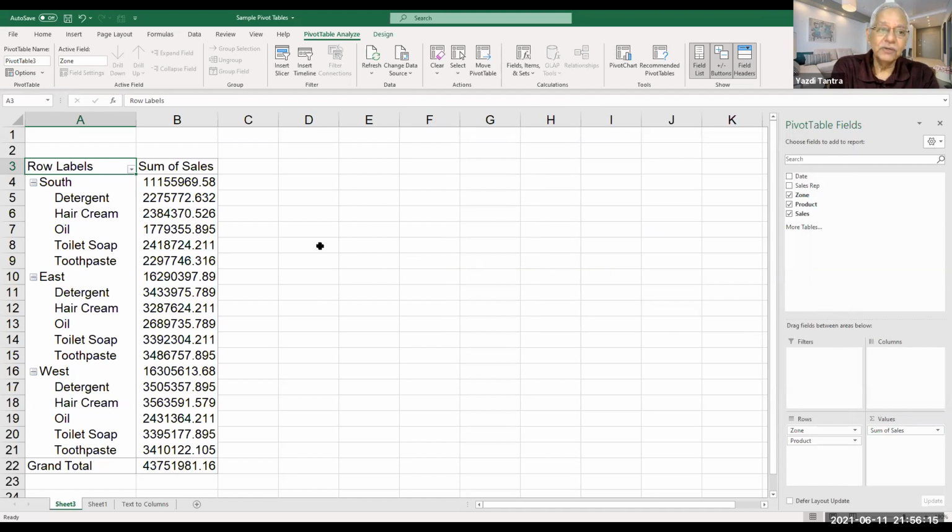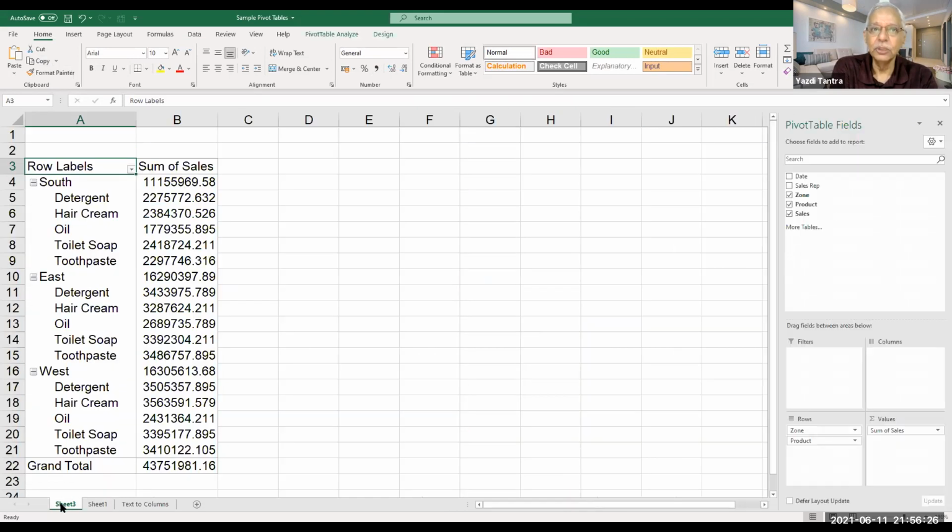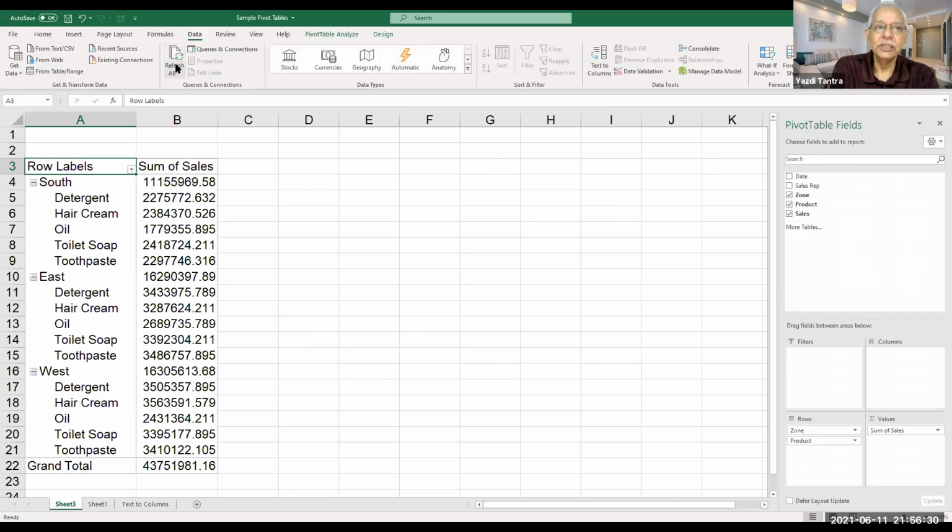Now the best part of this whole thing is that this is also dynamic, in the sense if something changes in this sheet, it will have an effect here. Only thing what you have to do is you have to go to data, and there is something called refresh all or control alt F5. If you say refresh all the calculations will be done again. Okay, that's the only one more step you have to take.